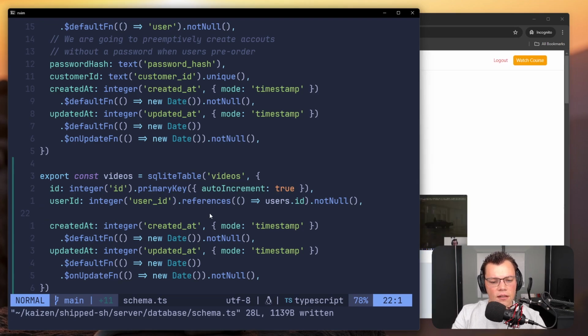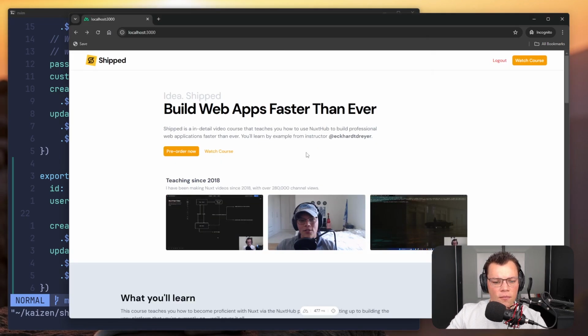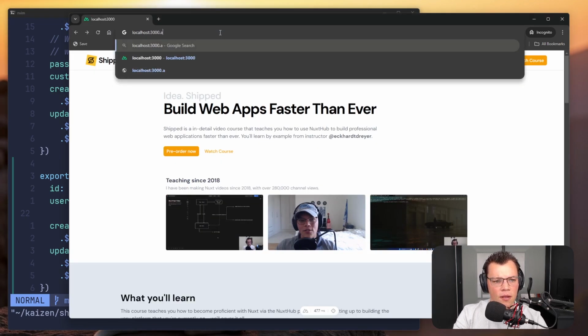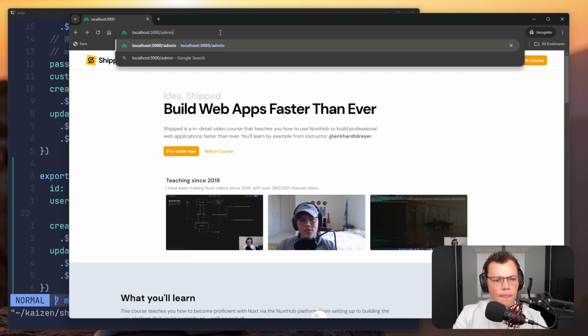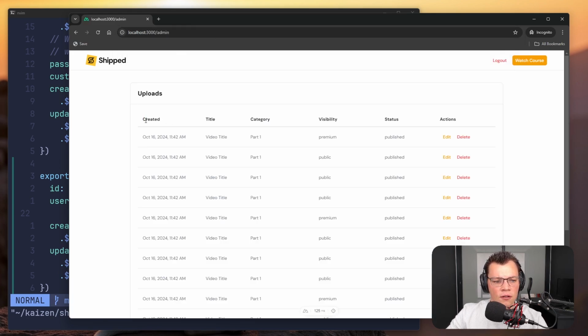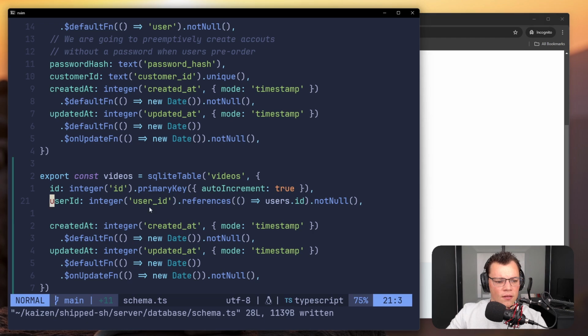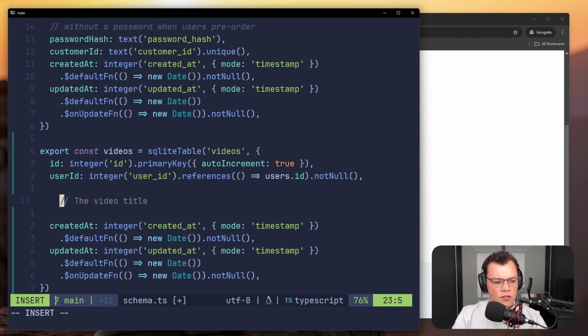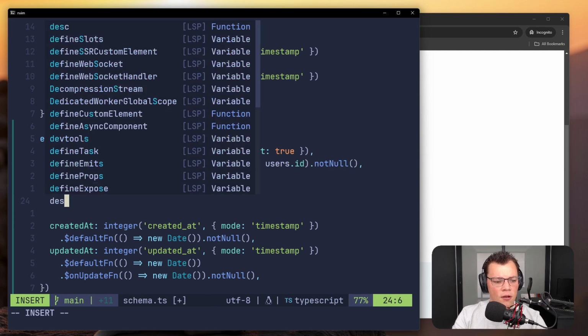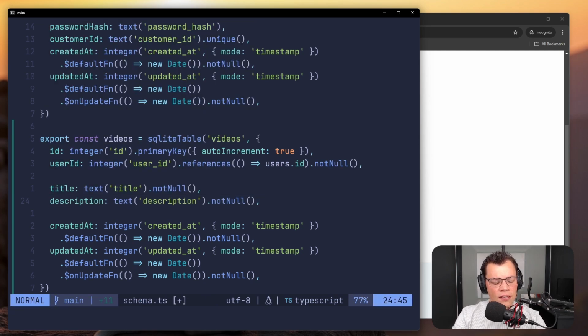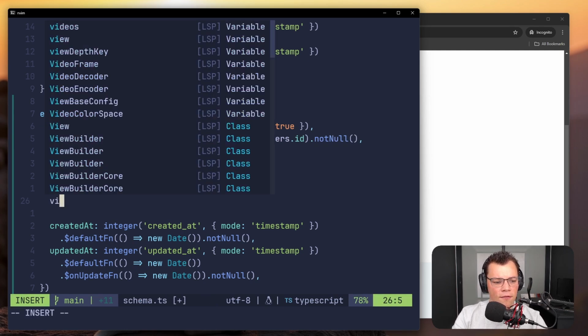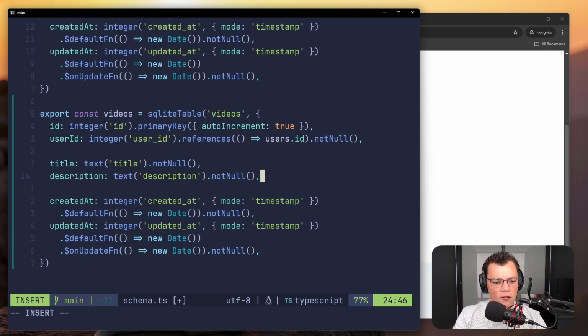So now we just basically need to map what we have defined in our UI in the admin page, which is the creator that we have. Now we need a title, category, visibility, status, and also we have the description. So let's just add all those. We'll have the title, which is going to be just a text column. We'll have the description, which is also just a text column. And we have the visibility. Well, let's add the category first,